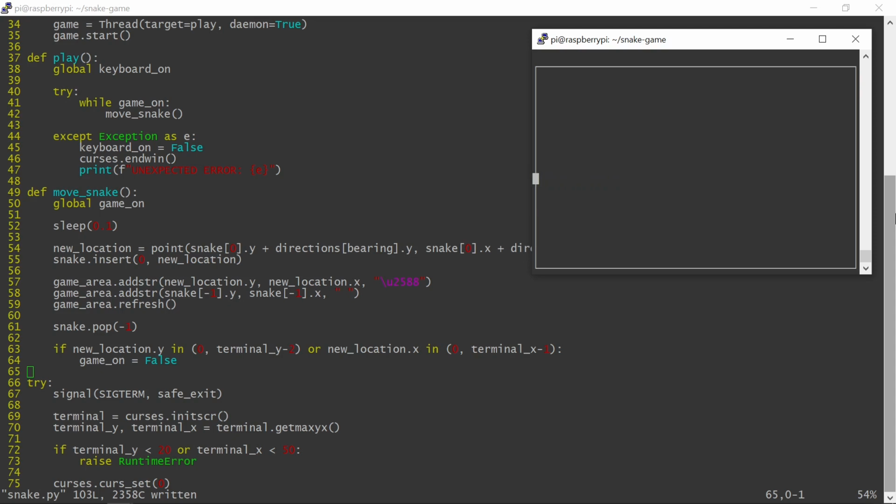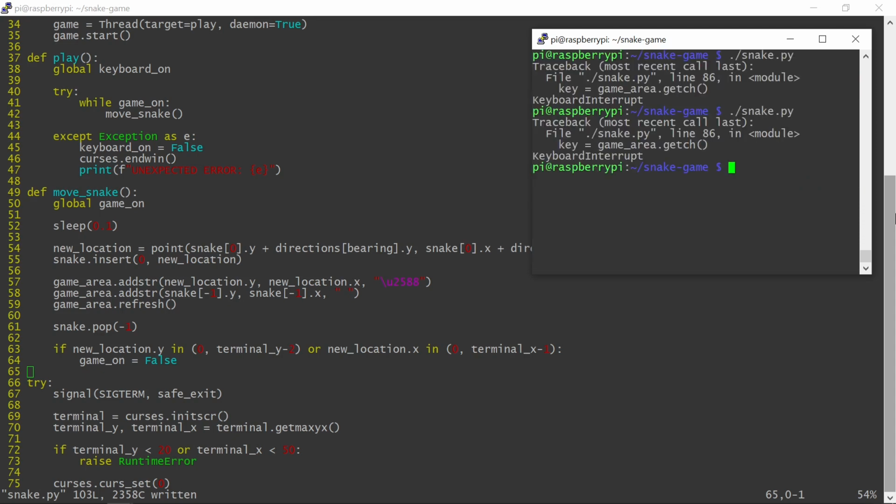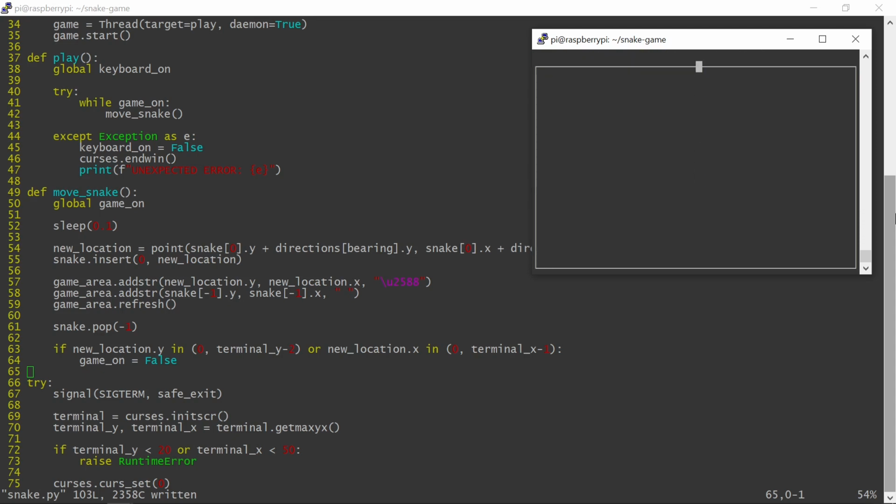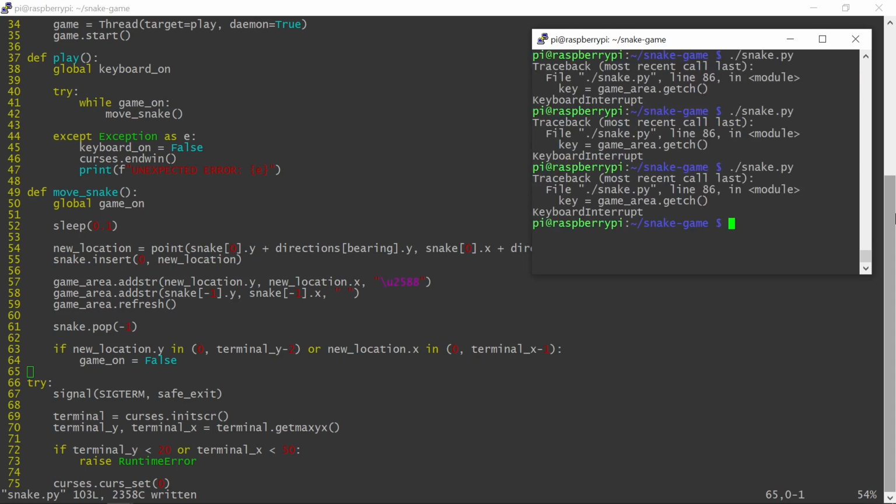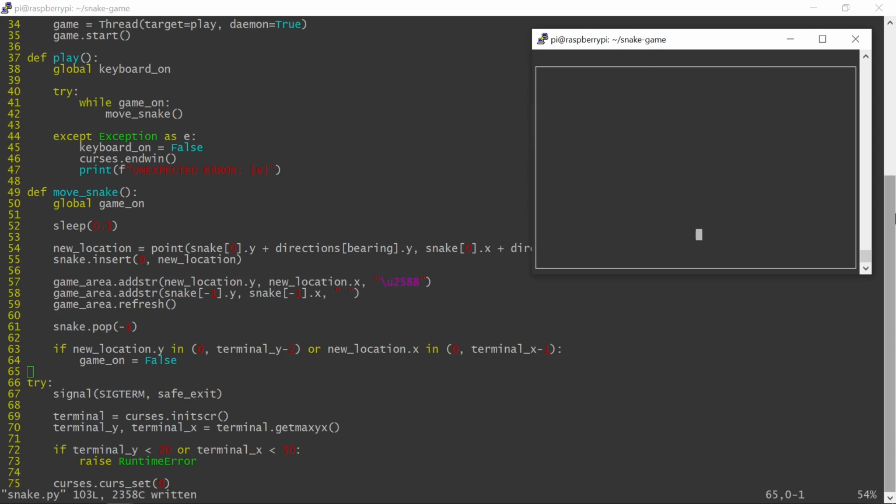The game now stops when the snake reaches the edge of the game area. I need to test all 4 directions to make sure that I got the conditions right. You may have noticed that the 2 conditions are a bit different.